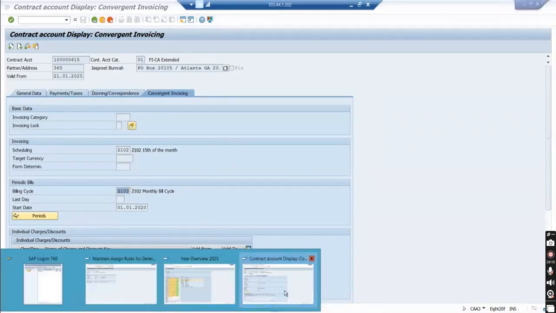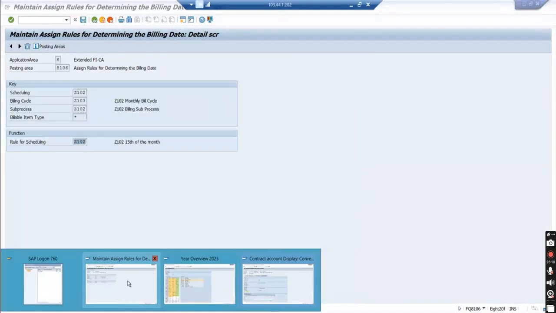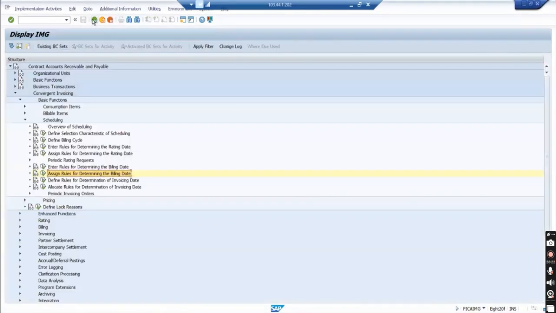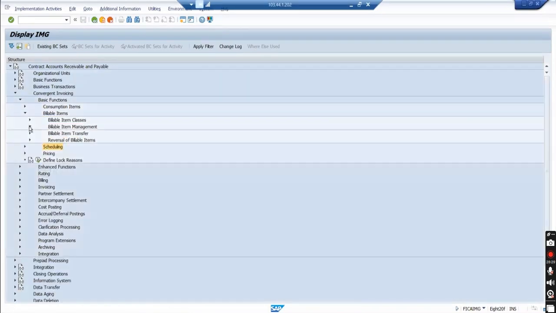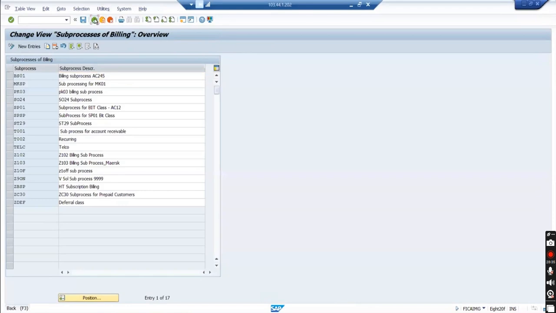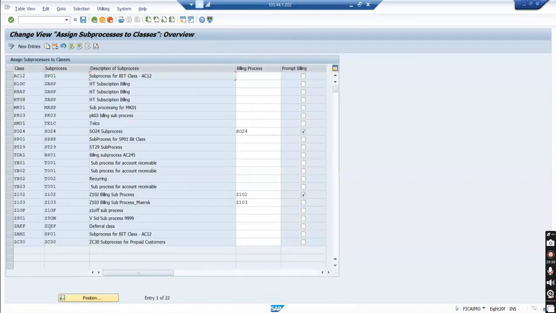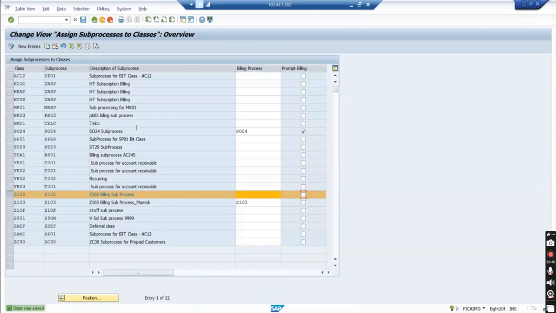Now let's see the end user part, that is, whether this billing cycle is working or not. So let's generate the bits. First I'll remove the prompt billing and prompt invoicing. Billable item management, assign sub process to classes. Here Z102, I'll remove the bill cycle. I'll remove the prompt billing. Okay, save. That is, it will not be billed right away, and again if I try to bill it right away, it will not work,